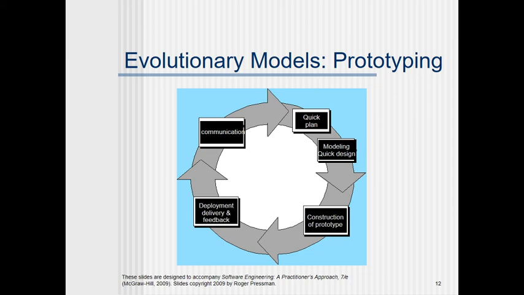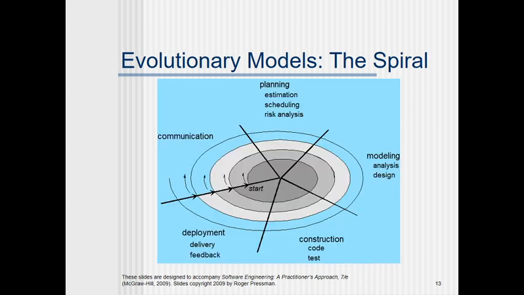Now we will discuss another evolutionary model, the spiral model. The spiral model was initially developed by Barry Boehm in 1988, and it is a combination of iterative and waterfall. That means it is a combination of an iterative approach as well as the old traditional waterfall model. It is a very rapid development model, developed in a series of evolutionary processes. In the beginning, we only create some core product or prototype, then we gradually release the next